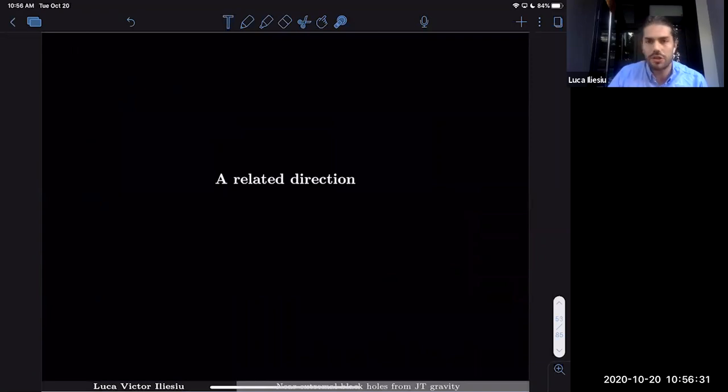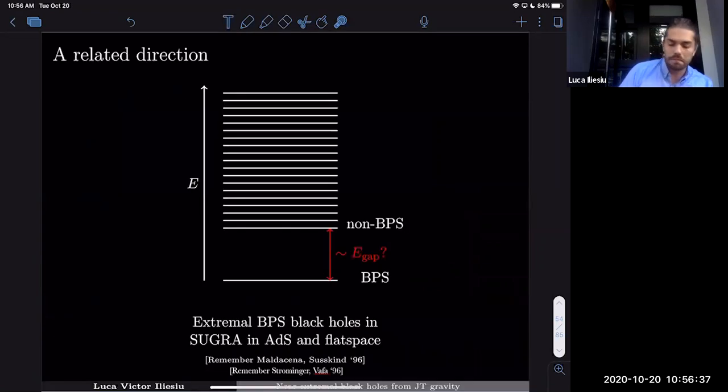So now I want to mention a related direction, which I've alluded to throughout this entire talk. I asked at the beginning of the talk whether supersymmetry brings in something special. Does supersymmetry actually have a gap between the extremal and near-extremal states? In supersymmetry, there are special states called BPS states, and I'll explain what they are in a second. And we can consider excitations above the BPS state. Those are the analog of near-extremal states in the context of supergravity.